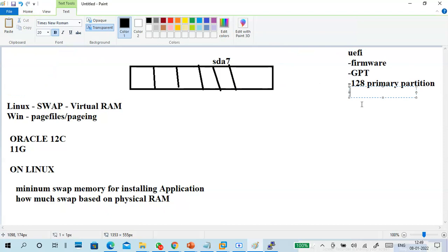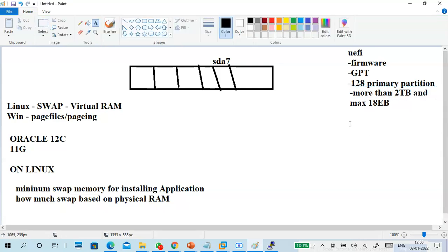No extended, no logical, nothing like that. Each partition can be more than 2 terabytes, with a maximum of 18 exabytes supported. Each partition you can create up to that size.